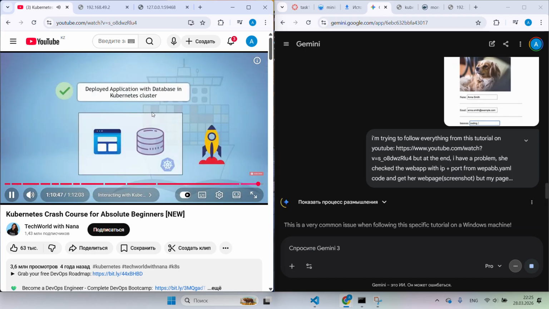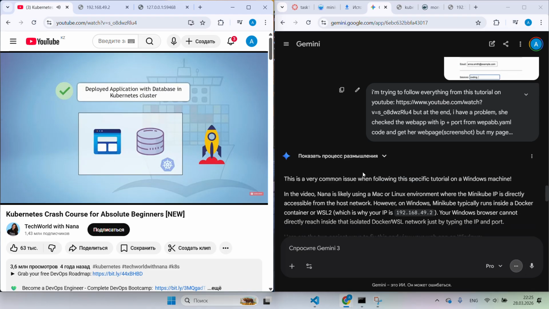Awesome. So we deployed an application with its database in Kubernetes, which is a blueprint configuration for most common application